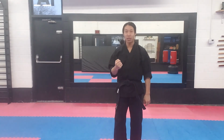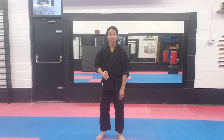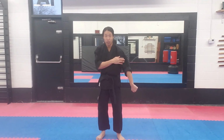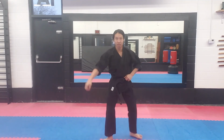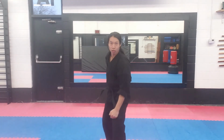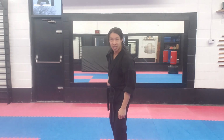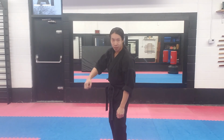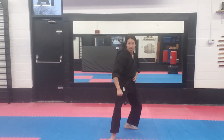But the one big thing that I want everyone to watch out for with Fu no Kata is what happens to the arm that you're doing the uke with afterwards, right? Usually what you see is, other side, 1, 2, 3, and it immediately comes back to the hip, right? Now this could work, right? If we're analyzing the movement and we're looking at what this could imply, that could work, but from here, what you want is